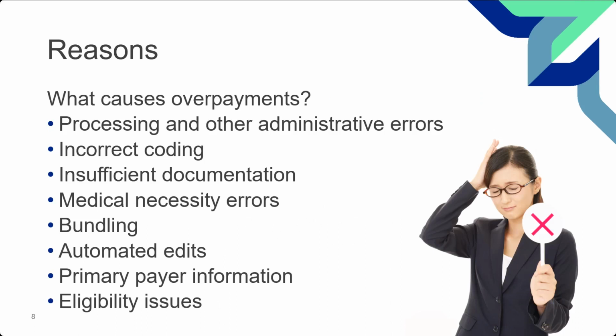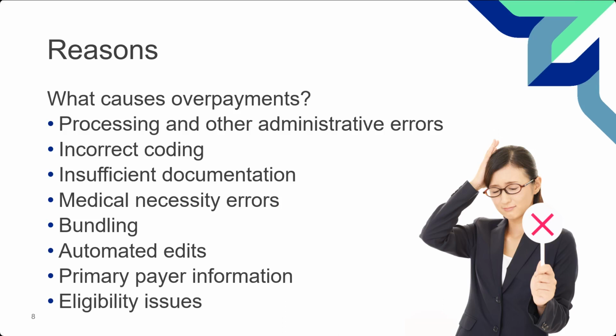One, there's a processing error. Something happened, something didn't process correctly, therefore an overpayment occurred. Two, we find out the claim was incorrectly coded. This is typically done in post-payment medical review. So the claim is paid, and then we look at it post-payment. It can be done in a fraud and abuse education or fraud and abuse investigation, which would again incorporate post-payment